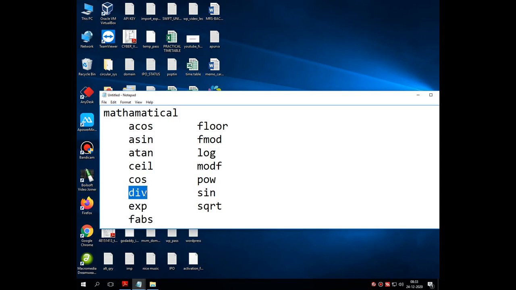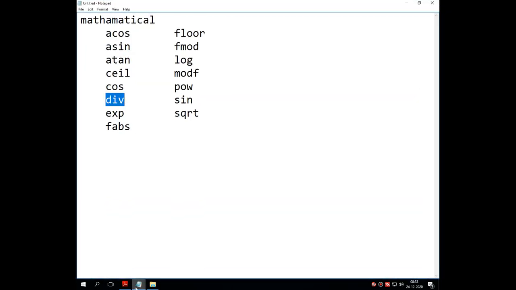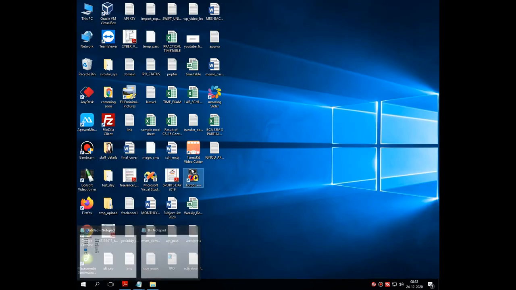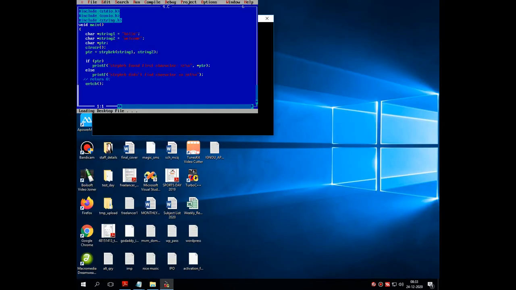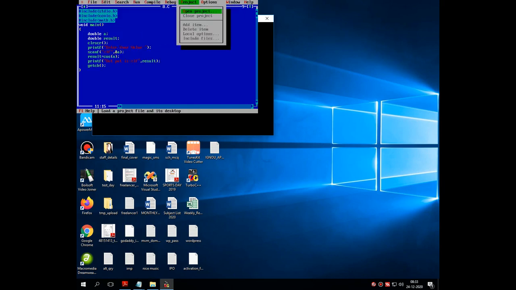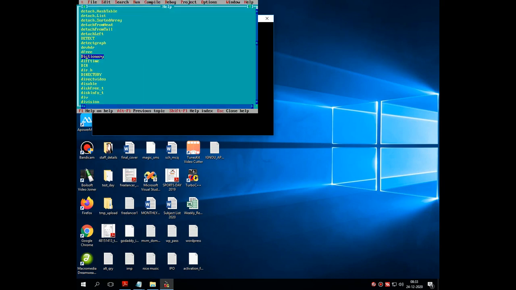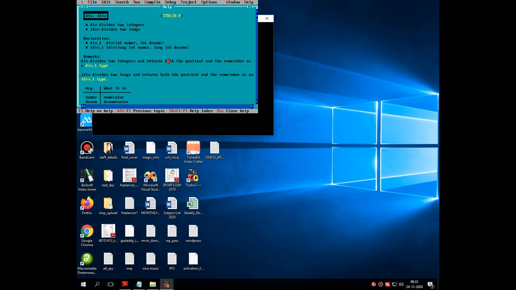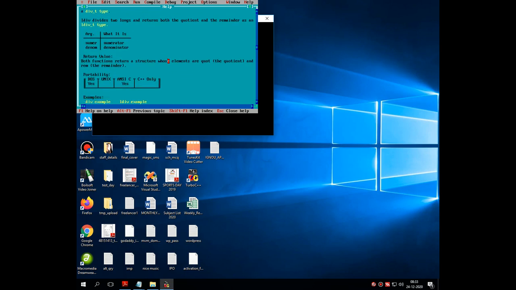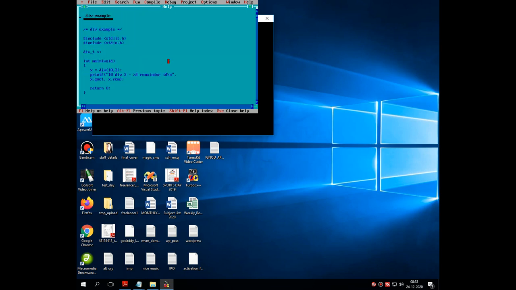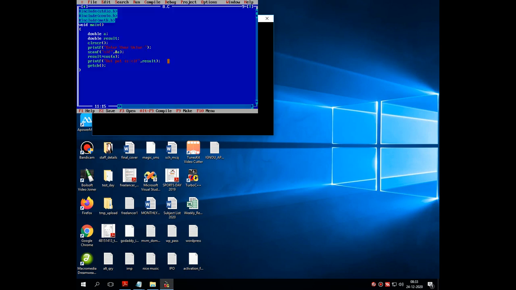Then the next one is div. Let's go for div now. Into the div function, I think we have to pass two parametric values. Div divides two integers, right? That means we have to give two values. Fine. Enter your first value, then printf.